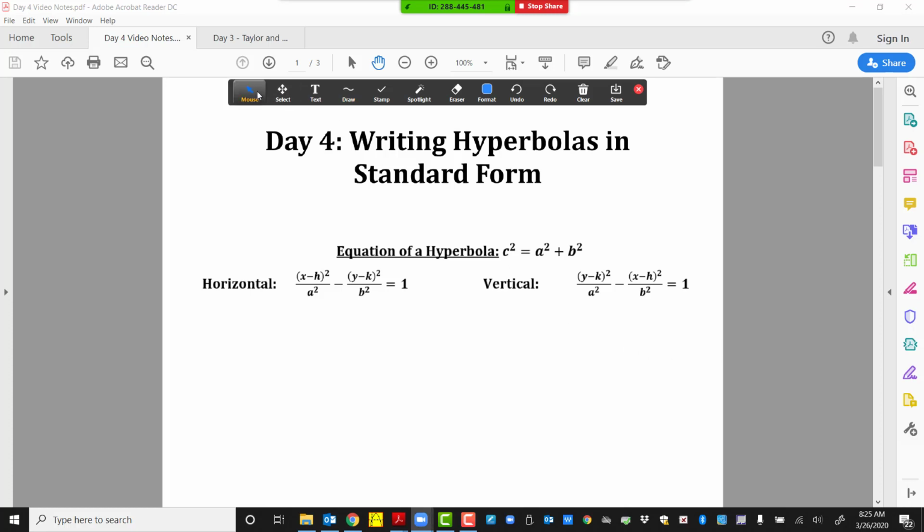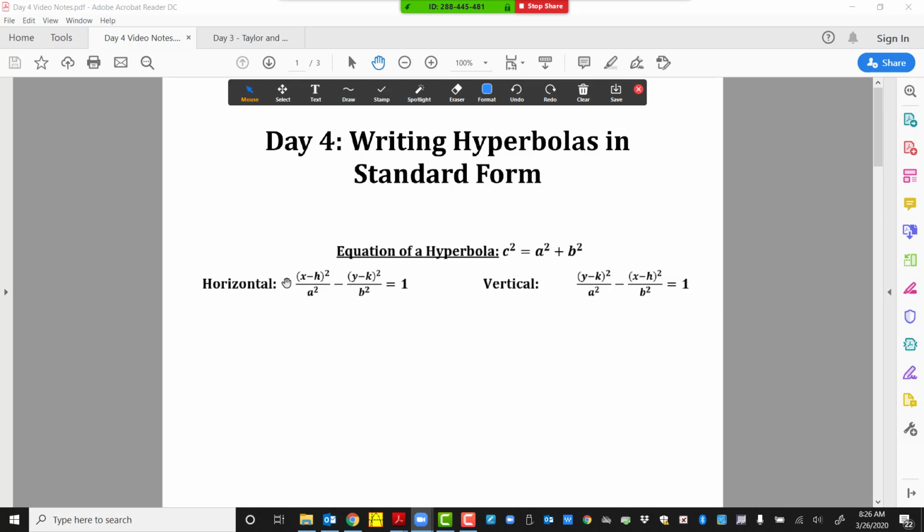Alright, welcome pre-calculus students. Today we're going to be looking at our fourth lesson of at-home learning, which is writing hyperbolas in standard form. So yesterday, or in the previous day's lesson, you would have seen how we can find